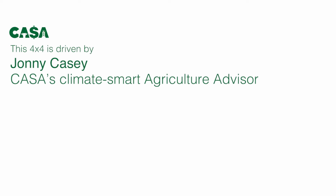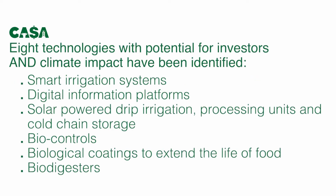This 4x4 is driven by CASA's Climate Smart Agriculture Advisor, Jonny Casey. Jonny's research has identified 8 technologies with potential for investors and climate impact. They are smart irrigation systems using sensors, digital information platforms, solar-powered drip irrigation, processing units and cold chain storage, biocontrols